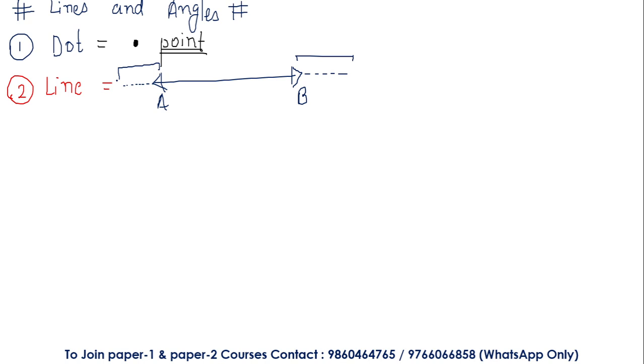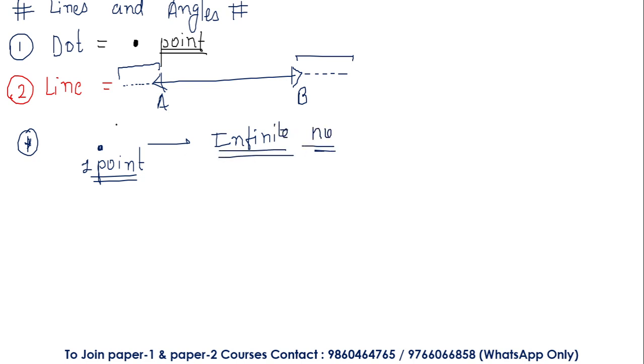We can extend it as per our own convenience. Okay, so based on the line which the question has been asked, point number 1 to be noted in line is: if we have one point, then how many lines can be drawn through this particular one point? How many lines can be drawn through this one point? So infinite numbers of lines we can draw, students. Infinite number, there is no count. We can draw infinite number of lines.